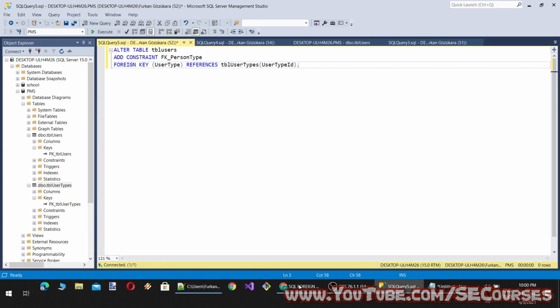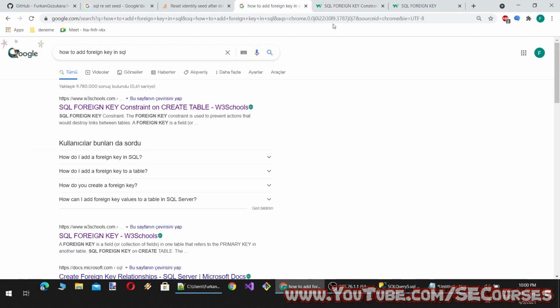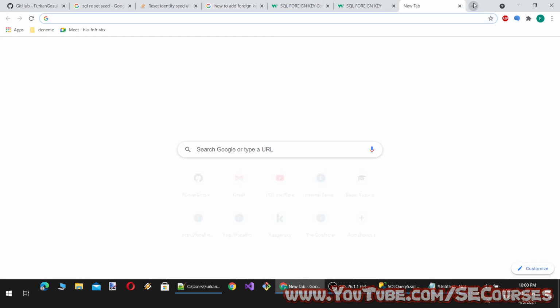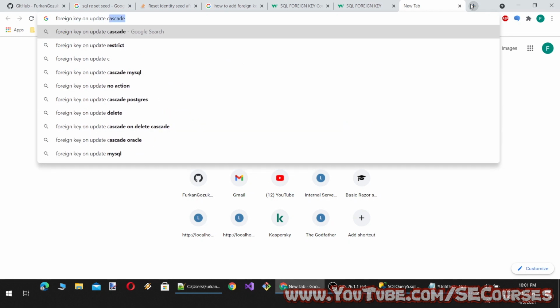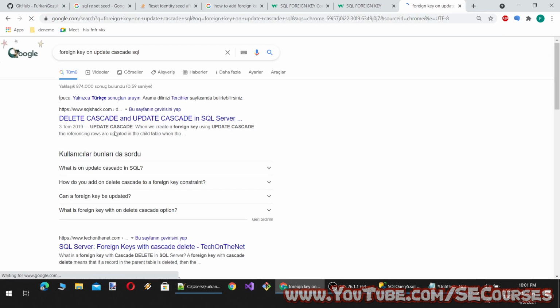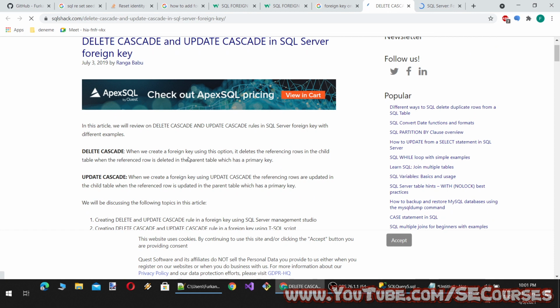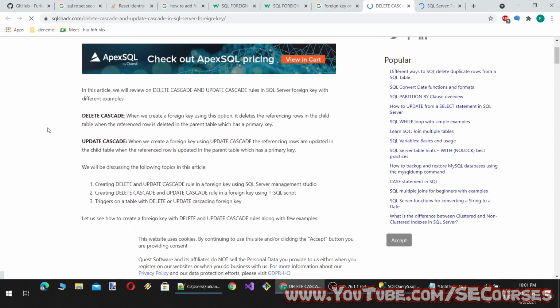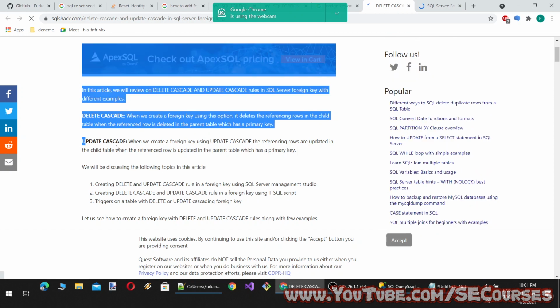However, there are also some other options such as on update or on delete. Cascade. I want to show you that actually, and on delete also. Okay, there is delete cascade and update cascade.